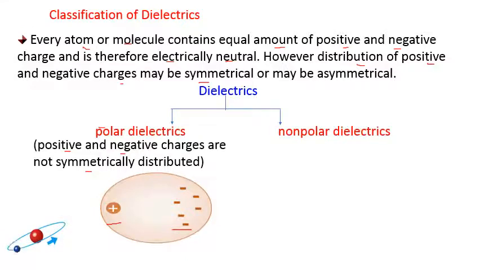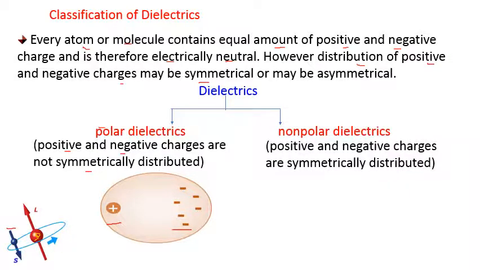Now using this animated figure you can imagine, actually this figure is for explanation of angular momentum or spin motion of the electron, but for better understanding of the asymmetry I have shown here these electrons which are revolving, and the imaginary center of these revolving electrons is not coinciding with the center of this positive charge. I think you got an idea about this asymmetry.